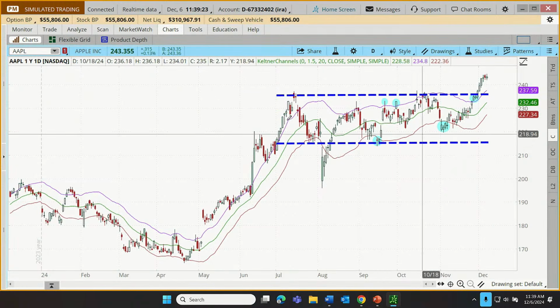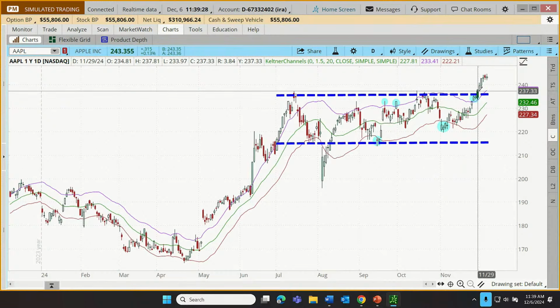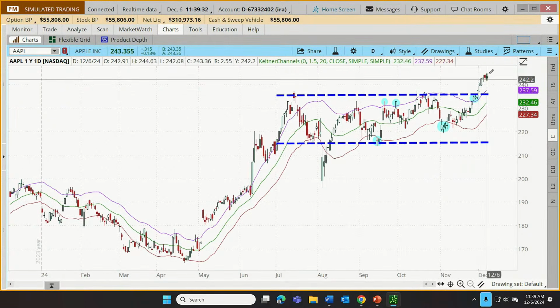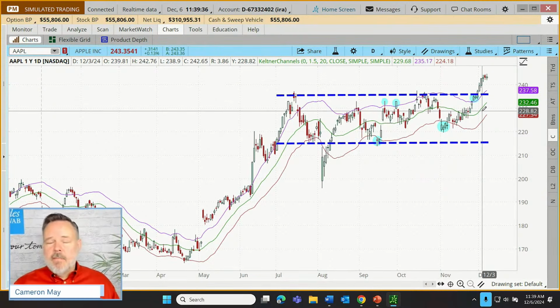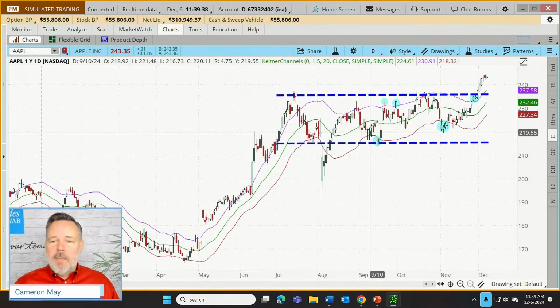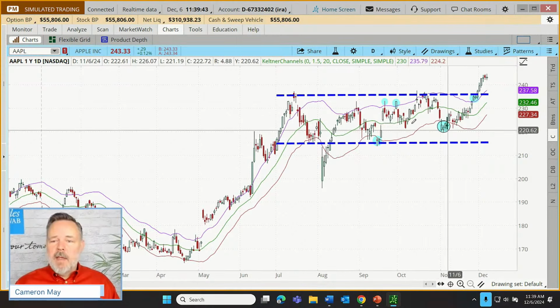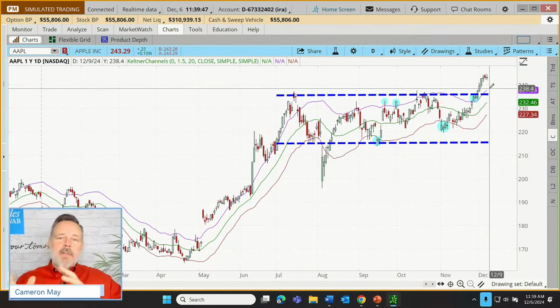And that's really what we've been looking at on Apple. In this case, a break above the upper band, particularly if it takes us above recent highs, may be a signal of a new upward trend. And that just might mean that if a trader was previously looking to enter bullish trades and bearish trades because they considered the trend to be sideways, well, now they may, for example, just move to exclusively bullish